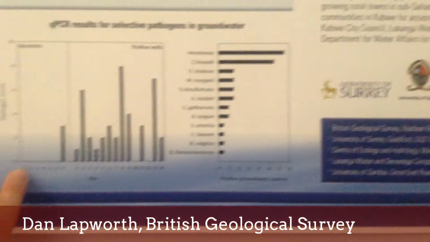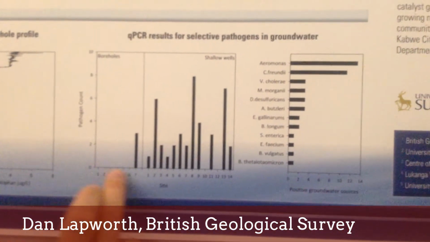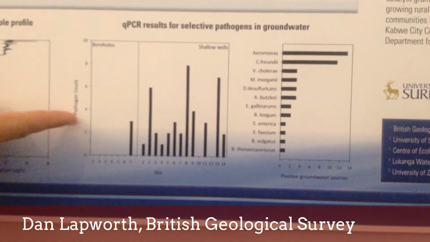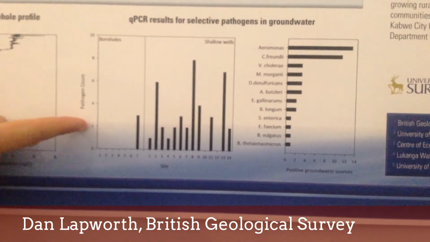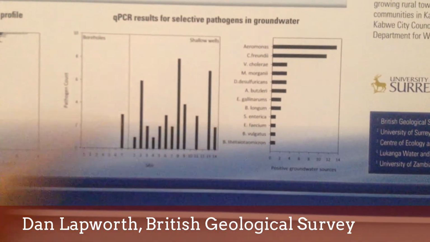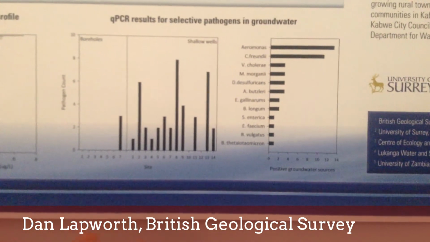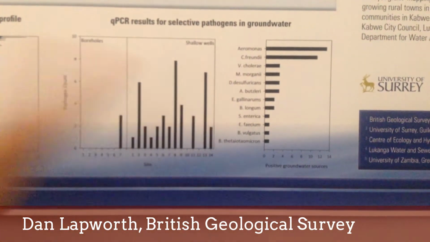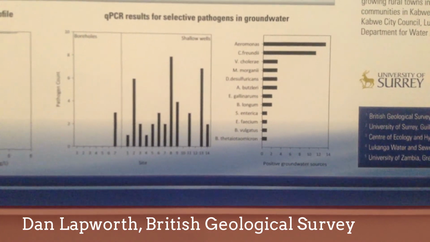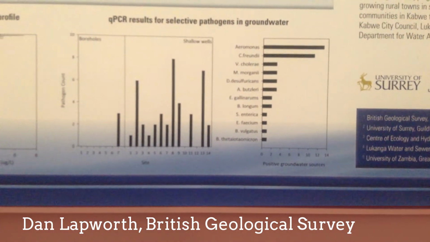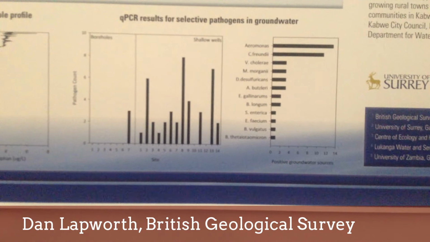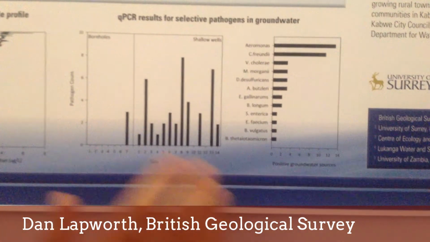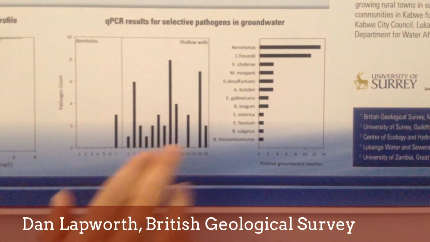So this is split into the data set split between boreholes and these shallow groundwater sites, and this is a number of different pathogens that we found. So we can see again, as in the fecal indicator bacteria and also in the organic contamination, we can see a much higher level of contamination from a range of different species of pathogenic bacteria or potentially pathogenic bacteria within the shallow groundwater system. And probably to draw your attention to one particular result,